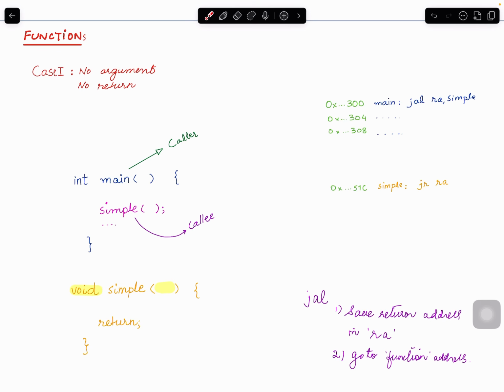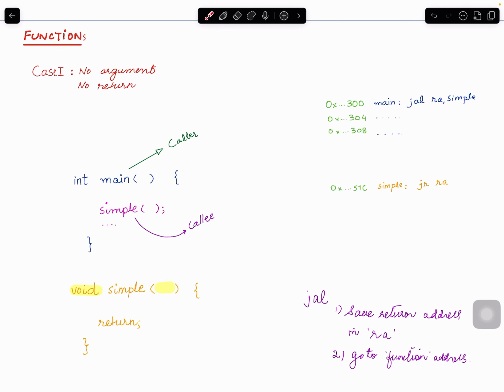Okay. So this is the corresponding assembly for this thing. Let's say we have address 300. These are 32 bits, so each one is 4 bytes. This is hexadecimal, so I'm not mentioning the other ones. At 300, we have this, that's the only thing inside this program, right? So what do we call this instruction,